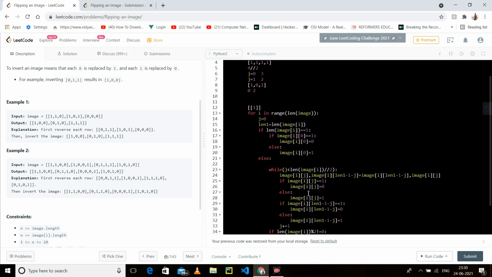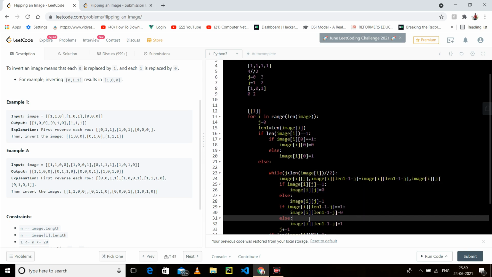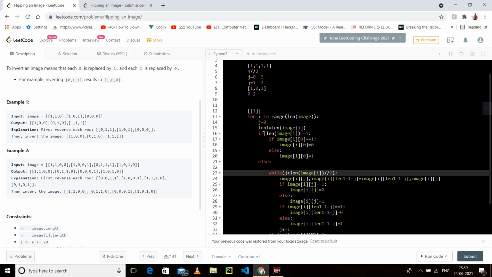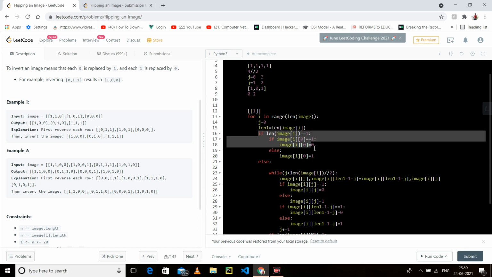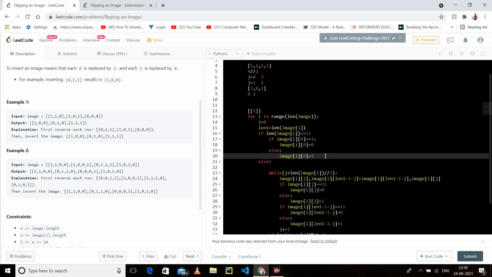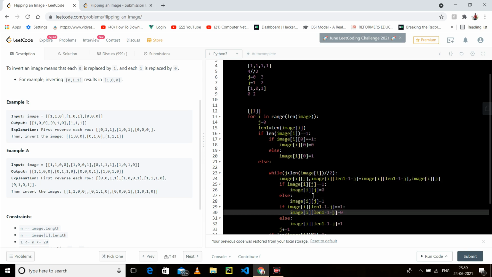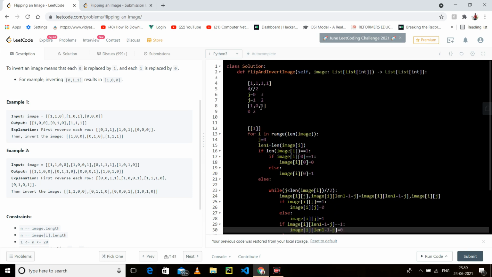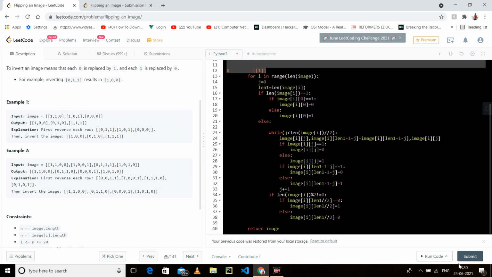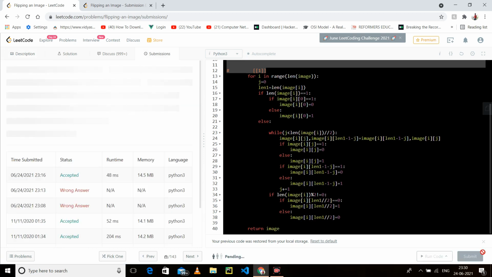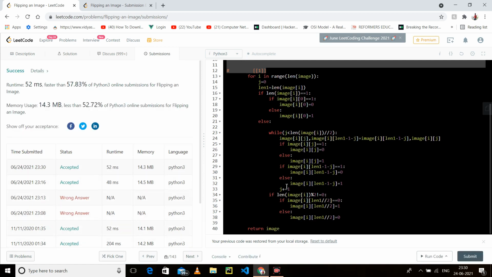It's okay, but this is applicable only when the length is at least 2, because I have put a condition here. If our length is 1, this is the only logic that should be executed. This other one is not going to execute. So I will show you whether it is working or not. I will also provide you the solution in the description as well, so don't worry about that. So this has been executed.